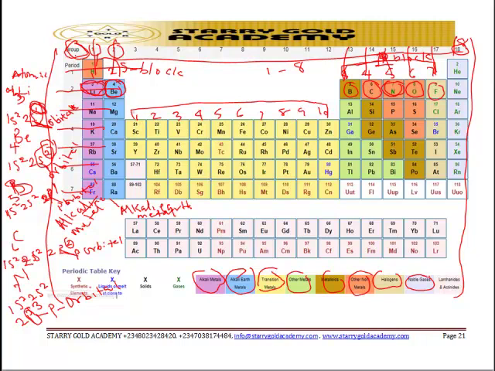So let's go to the next one, which is the d orbital. Between group 2 and group 3, we have elements that are found there. They are known as the 3d